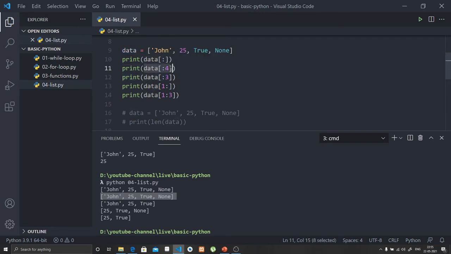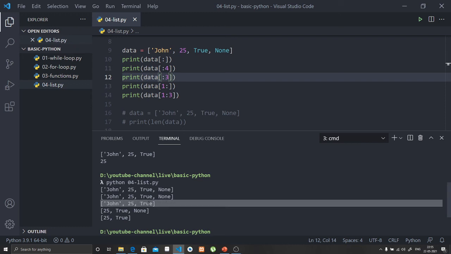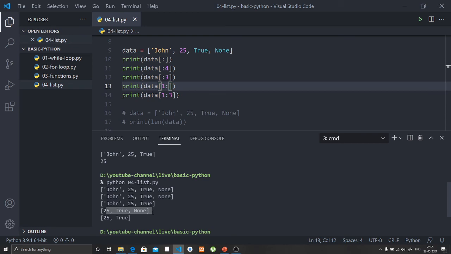If we give :4, it will print the whole list, as I discussed in the presentation. If we give :3, it will print the first 3 elements. If we give 1:, it will start from the first index and print the rest of the list.